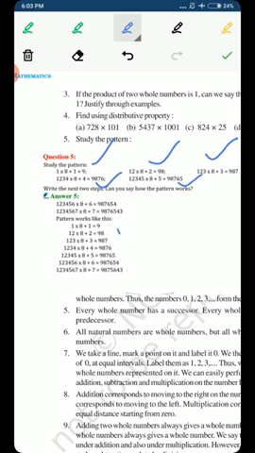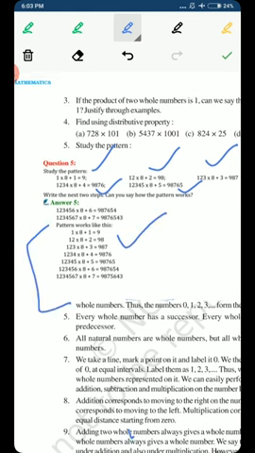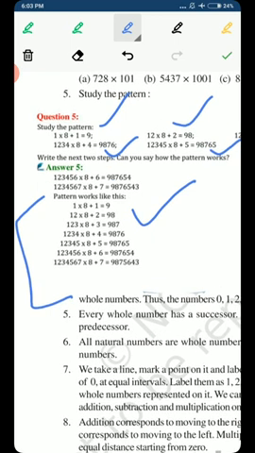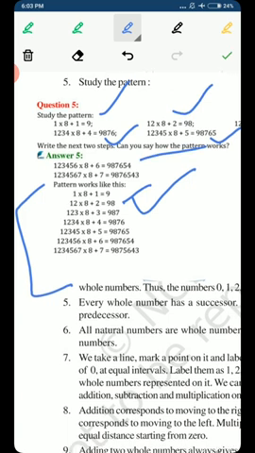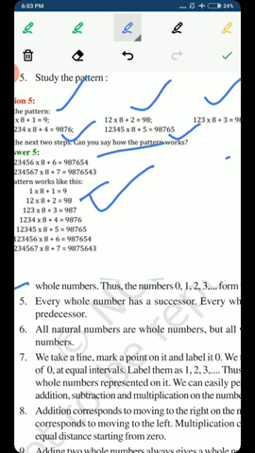The first step to solve the question is that we have to write the pattern one under the other, like I have written here. As you can see, first of all you will write the pattern like this. The first step is 1 into 8 plus 1 equals 9. First of all we write this one here. Then the second pattern, 12 into 8 plus 2. Then you have to write the second pattern just downside the first pattern. After that the third pattern, which is this one, 123 into 8 plus 3 is equal to